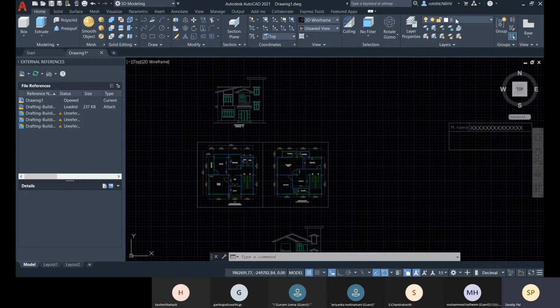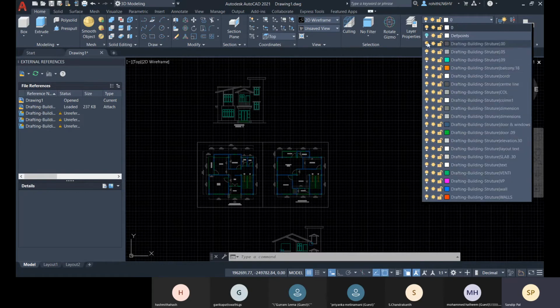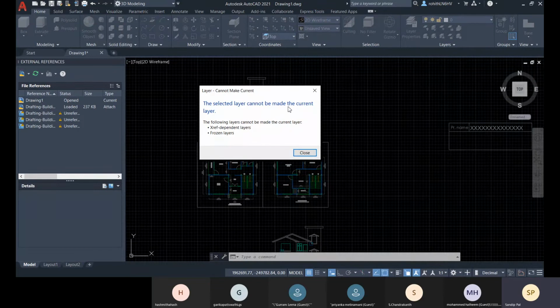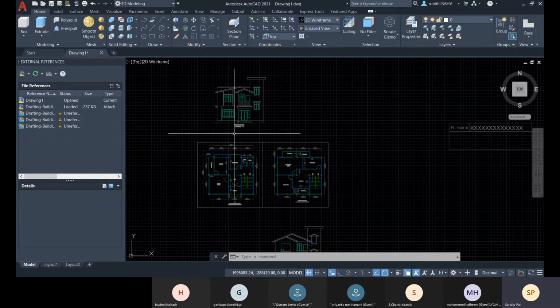And here you can see these layers are available, but they are not properly active. They are dim, right? So I can choose this one, but this one you can see cannot be made the current layer, see, because they are within this external drawing.